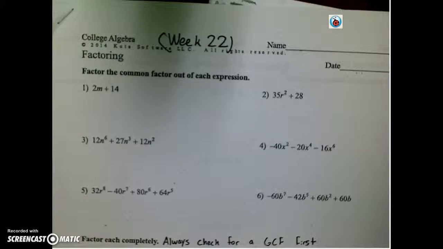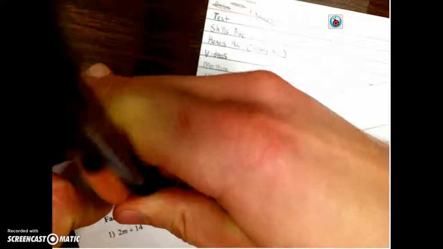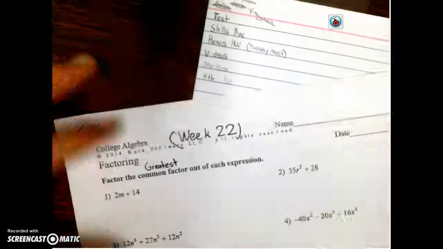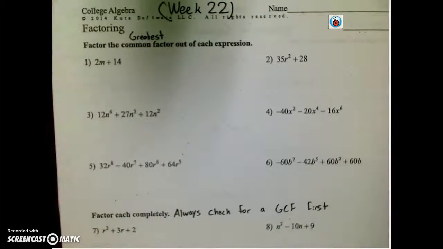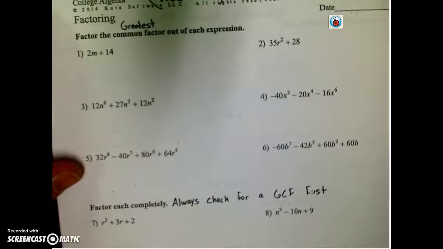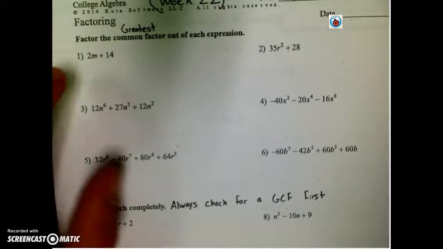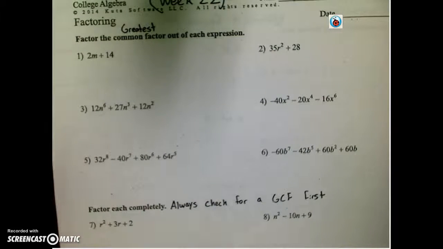I'll read the greatest common. Alright, so now when it says to factor out the greatest common factor, what we're looking to do is find out what is the largest factor that I can divide all of my coefficients by, all my variable numbers. And also, if there's